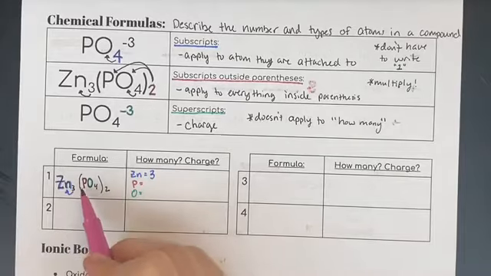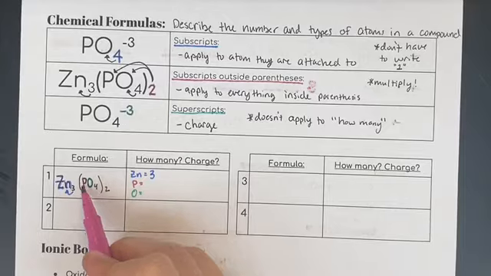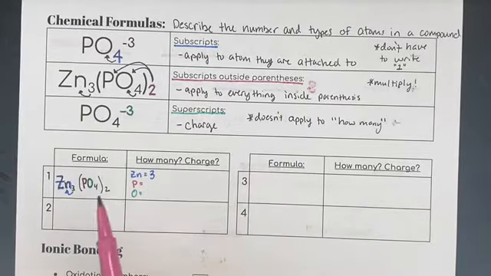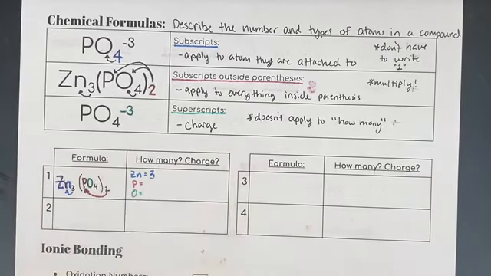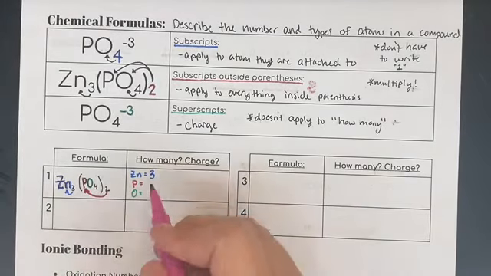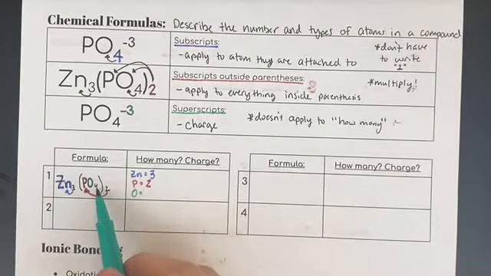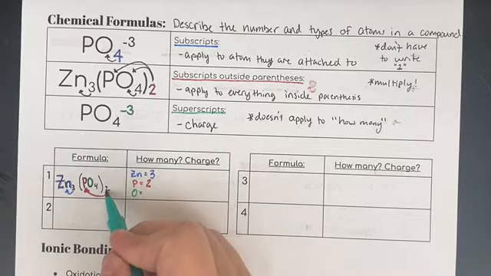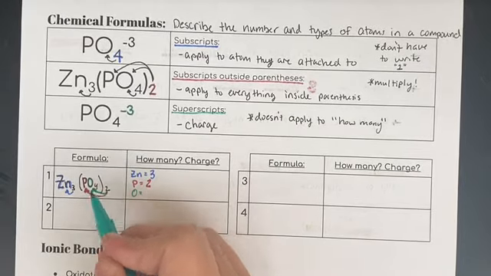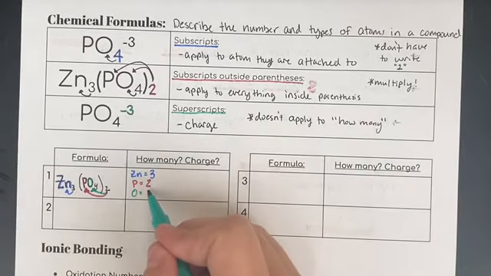Next we have phosphorus, and we can see that there's no subscript attached to phosphorus, so that means that there's 1, but it's inside parentheses, and there's a 2 out here, which is telling me that there's 2 times as many phosphorus atoms. So instead of 1, we actually have 2. And lastly, we have oxygen, which has a 4 subscript attached to it, telling me that there are 4 oxygens inside the parentheses, but the 2 applies to everything inside. So that's telling me we actually have 2 times as many oxygen atoms,